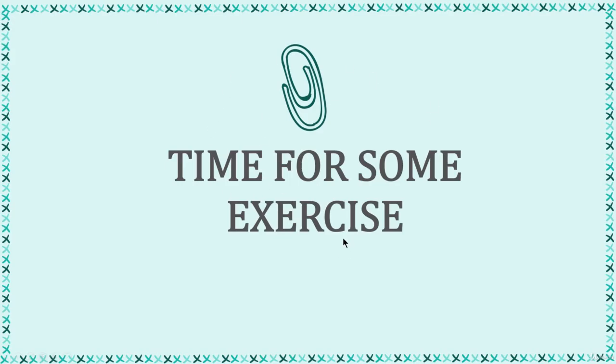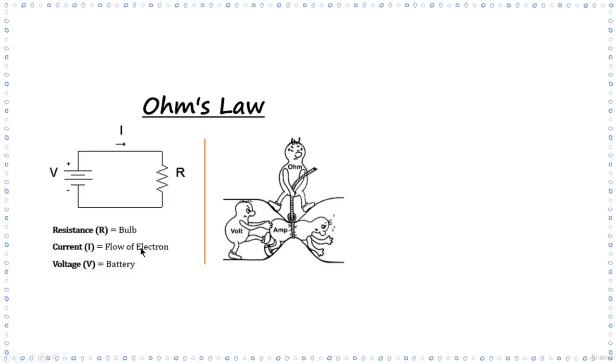Hello and welcome back. So in the previous course we covered one of the most useful and fundamental laws, which is nothing else but Ohm's law. Ohm's law states that the voltage across a resistor is directly proportional to the current flowing through the resistance. In other words, the greater the current passing through a resistor, the greater the voltage drop across